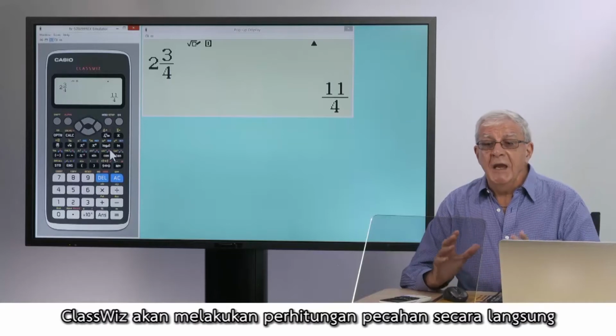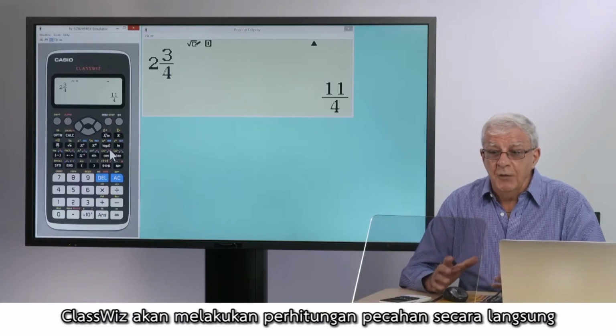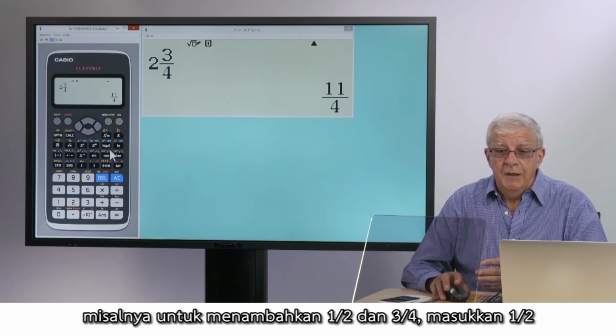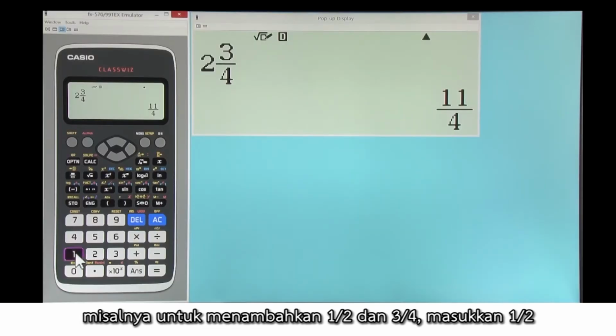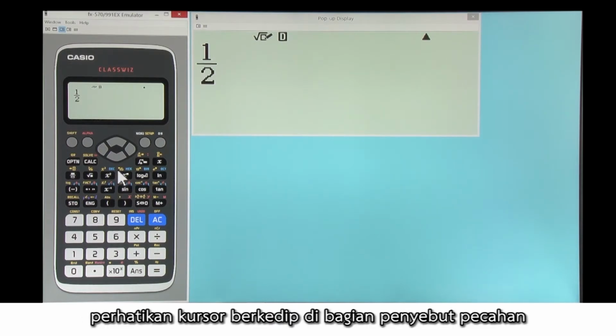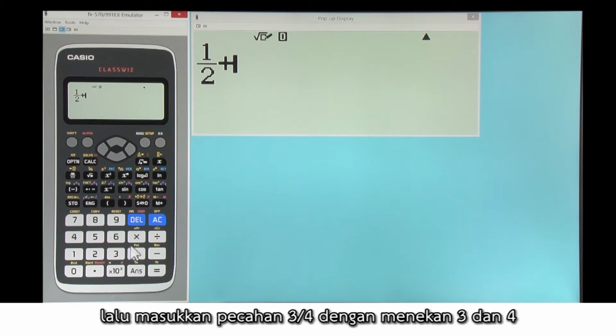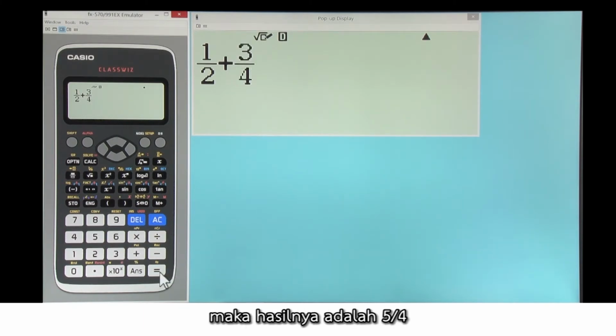ClassWiz will let you do any computations with fractions directly. So, for example, to add 1/2 and 3/4, we start with adding 1/2, and notice the fraction has a flashing cursor in the denominator. We need to move across to put the plus sign in, and then 3/4, 3 and fraction 4, and the result is